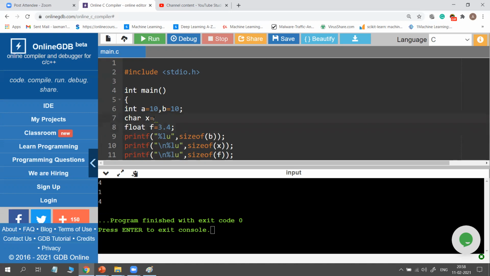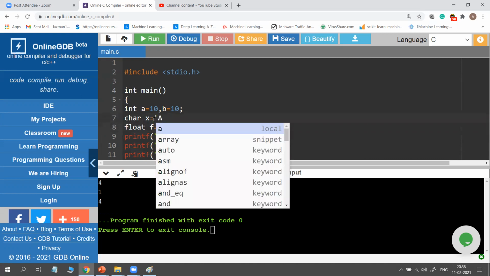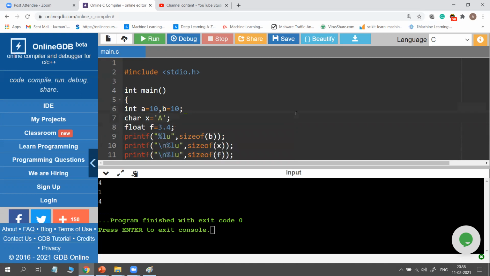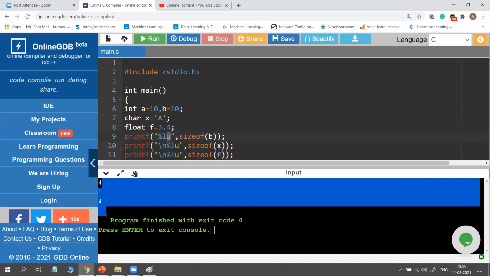Similarly, in character also, for example, I stored some capital A. If I want to display the value of x, which is A, I use percentage c. But here I am displaying the size. That's why sizeof operator always takes percentage lu as the format specifier, because the size is always a number like 4, 1, 4. It is not a value. Simply understand in this way.